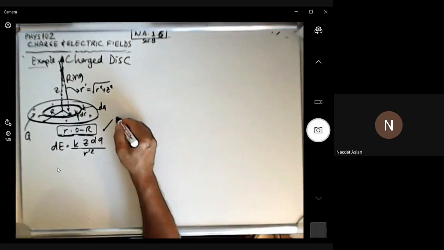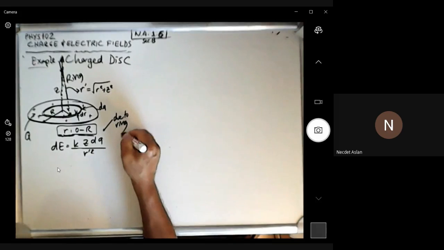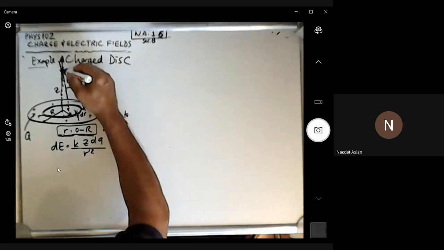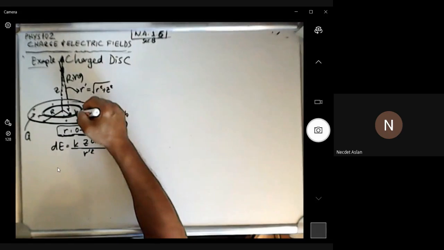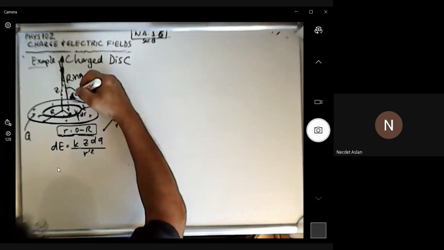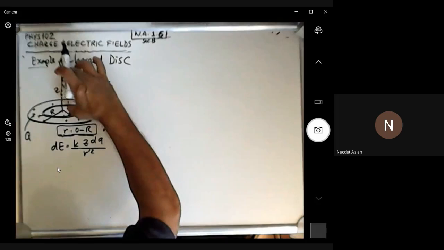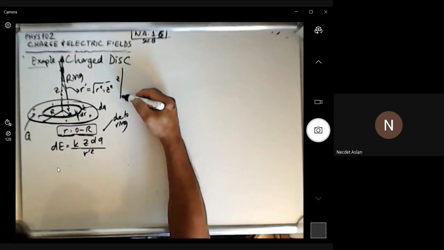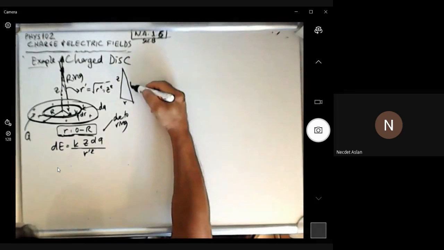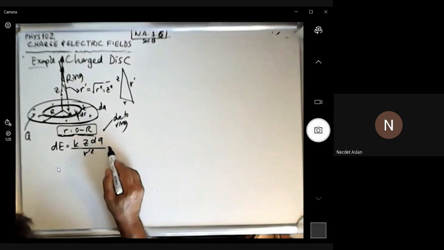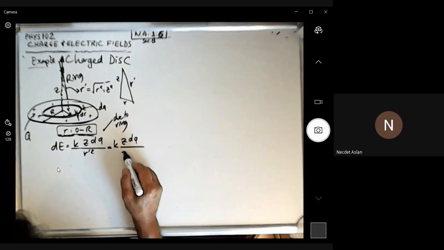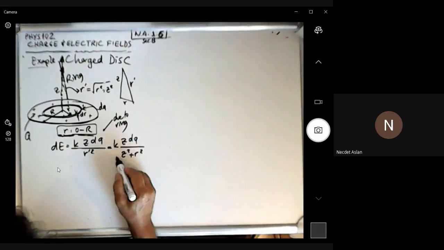It is k z dq over r prime squared. r prime is the distance from this dq, because inside this stripe there is dq, and the distance from here is given by z squared plus r squared from geometry. So this is z, this is r, and this is r prime. So r prime squared should be there. So the result is just simply k times z dq divided by the square root of z squared plus r squared,